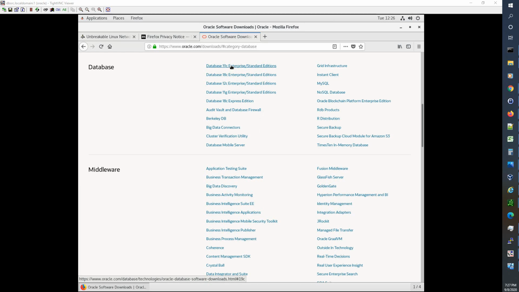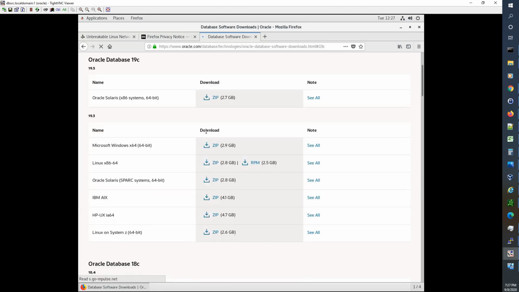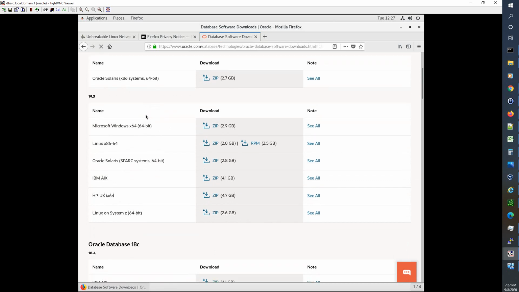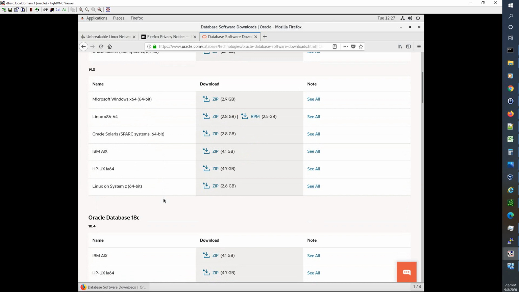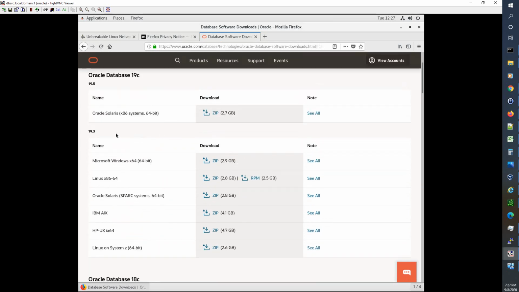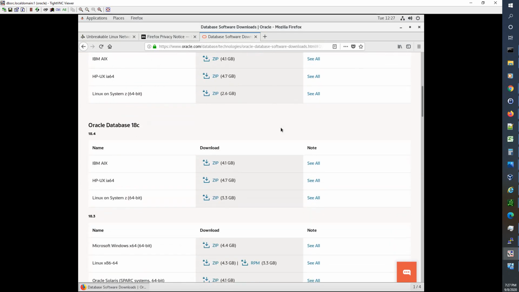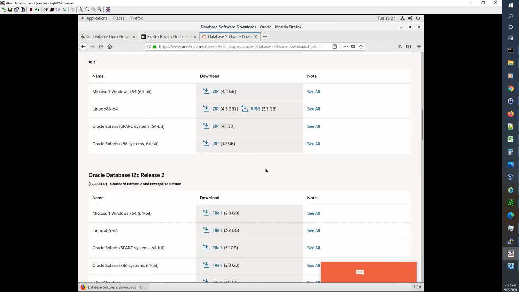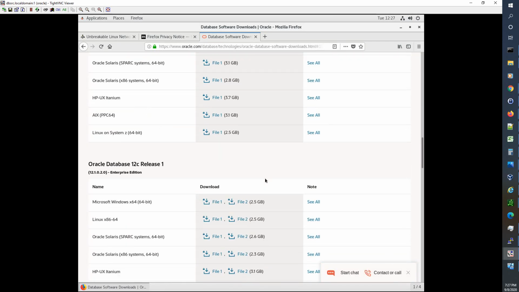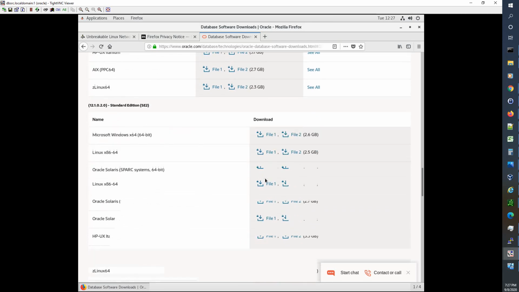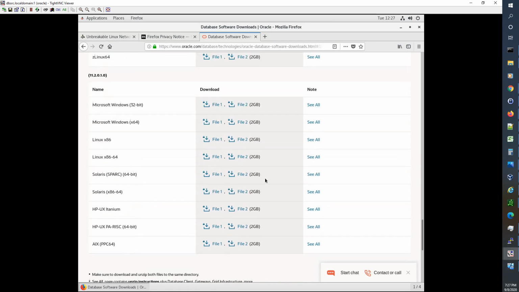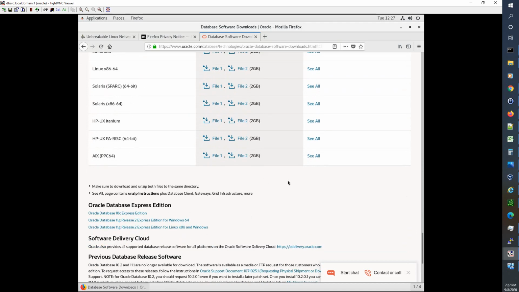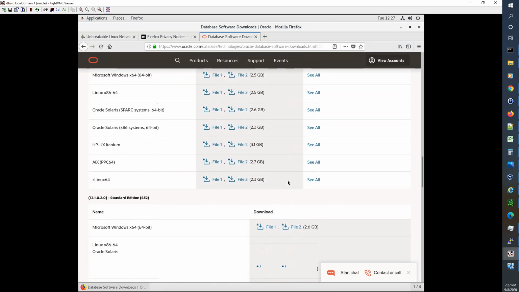Okay, so we're going to look at database 19C, Enterprise and Standard editions. So it looks like we can do 19.3 or 19.5 or 12, 12 release 1, 11 still available for download. How about that? Okay, so we'll just go to 19.3